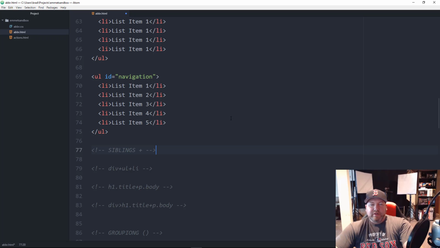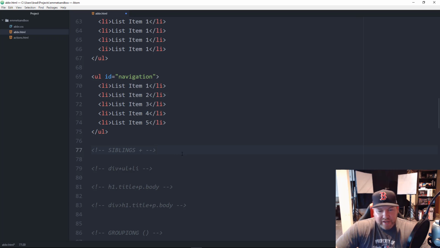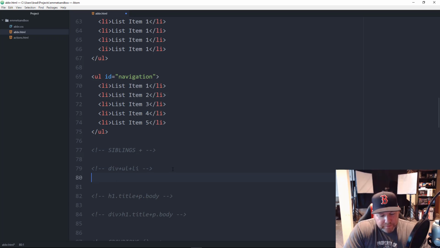So we've talked about nesting with the angle bracket, the greater than sign. So what about siblings? What about things that are on the same level? So if we look at this UL here, all of these LIs are on the same level. Okay, the LIs are actually a child of the UL, and the UL is a parent of the LIs, but these are all siblings. So let's say that we want to create a div, and then on the same level